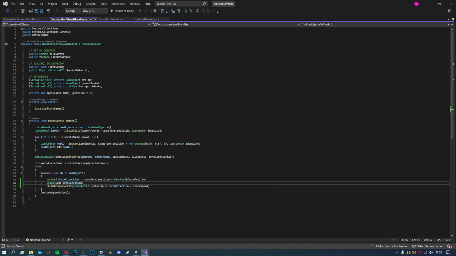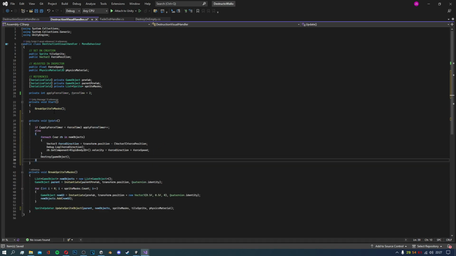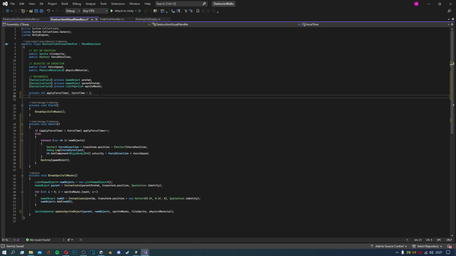Apply force timer. Force time equals 10, so let's maybe put that down to 2. And of course, that would be why, because I've added a timer with only a single function. So let's actually put that into an update, just like so, and we will add a private bool, force applied, and